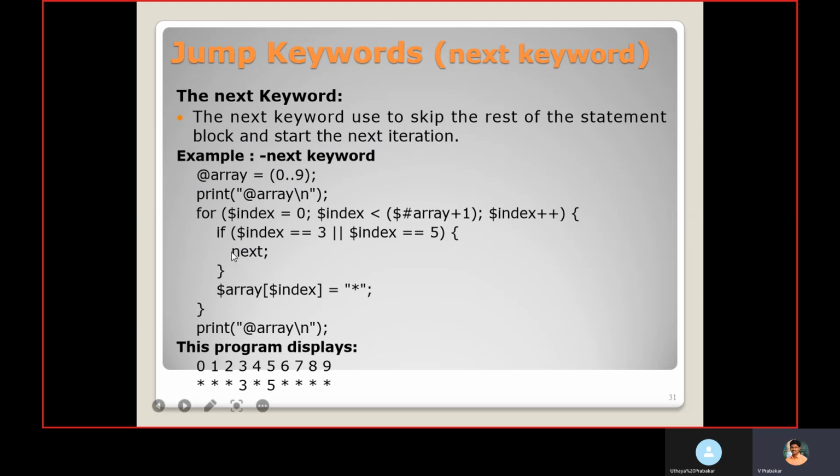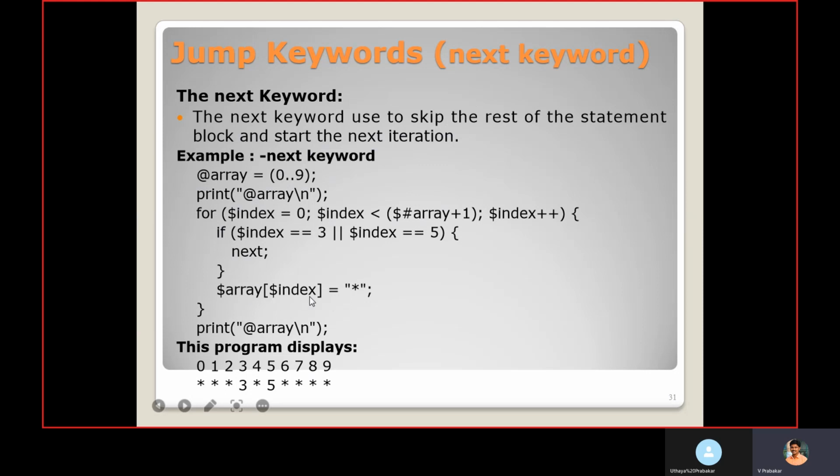If so, it will encounter this next line. If this is not satisfied, it goes to this part. If it is satisfied, it enters this line and performs next. For other values, it will perform this line.